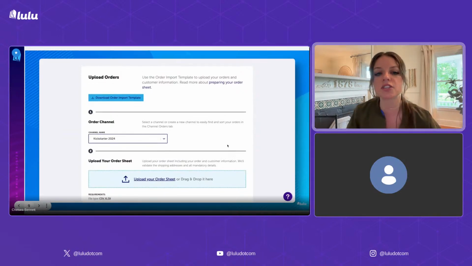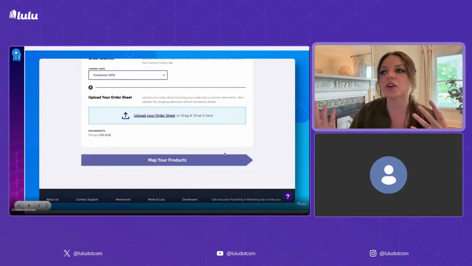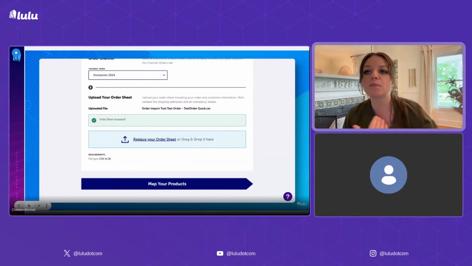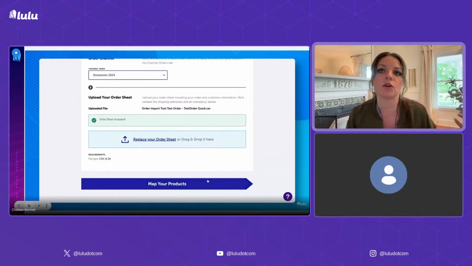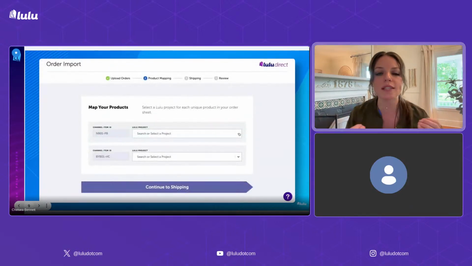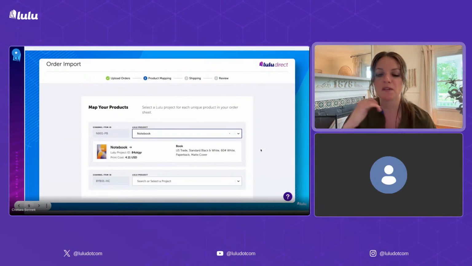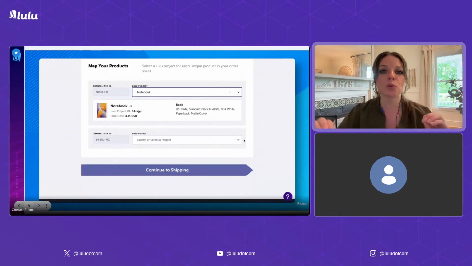So for this one, we're using Kickstarter again as an example, but this could be holiday gifts 2024. It could be crowdfunding. It could be pre-sales. It could be ARC. So whatever you want to name it, that's going to allow you to understand where that's coming from. So once you have that and you've uploaded your spreadsheet, it's been validated, you will pick which projects